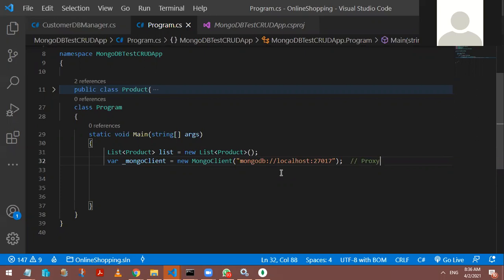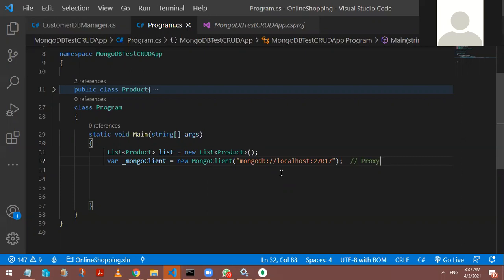So MongoClient is a class which will act like a proxy, and on behalf of your console application, this proxy will establish the communication with the MongoDB client server architecture. Any server, if you want to access from a remote client, you need some particular proxy object, and that proxy object on behalf of your application will communicate with the actual server. Distributed computing always demands this communication, and for that you should have a server, and you should also have some proxy object within your application which will perform this distributed communication.